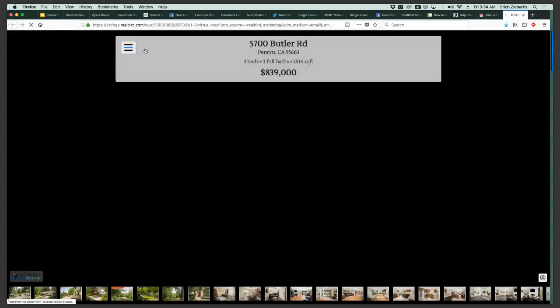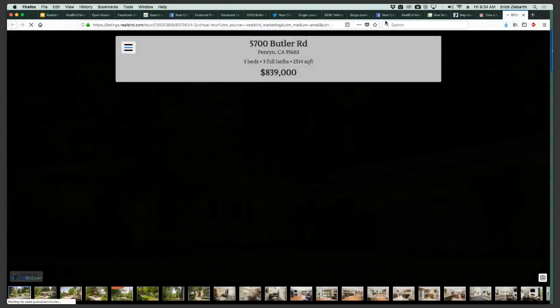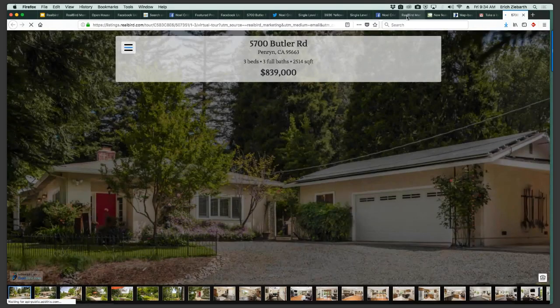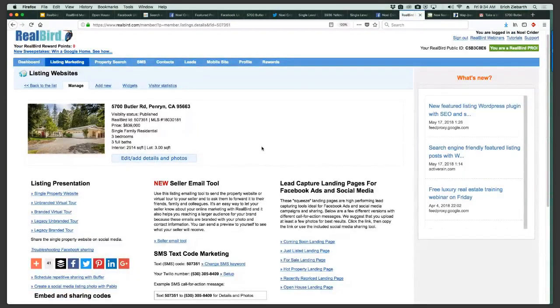That would be a link that you would share inside, for example, your MLS, because you can now create a listing. And I would recommend you create a listing in RealBird before you launch it in the MLS, before what we call broker load. Not all offices or areas let you do that, but where you can, create your listing first, even without an MLS number, because you might not have loaded the listing yet. It's a jump ahead in advance, and particularly if you can do a video and post the video on YouTube,